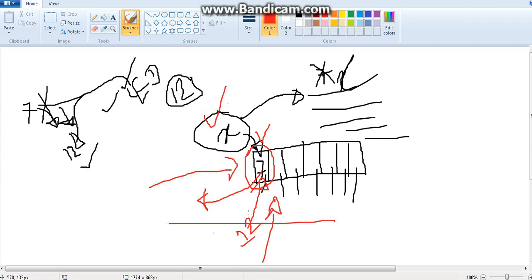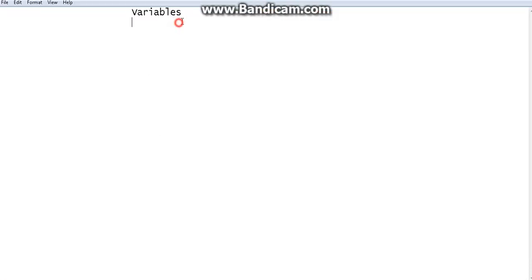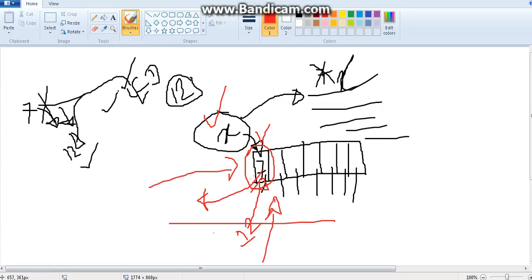Here X is called a variable. Why is X called a variable? Because the value of X can vary. Vary means change. Yes or no? Because earlier it was 7, now it is 12, later you can change it to 10. Because here you can change the number, right? So since it is varying, meaning changing, X is called a variable, something that can be changed.